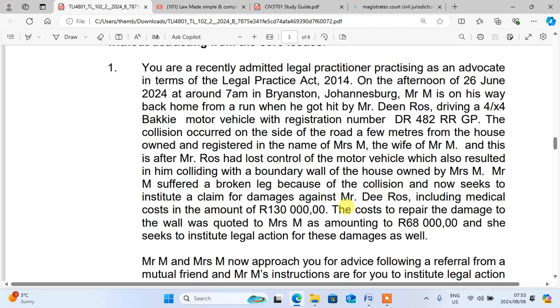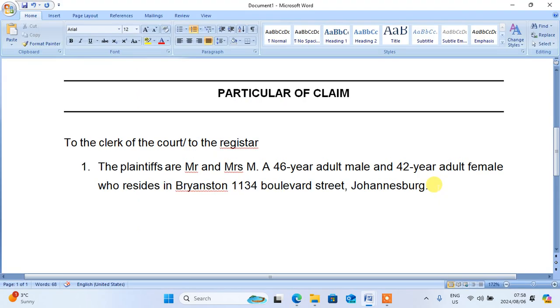Unfortunately, here I don't see any address of this house, but you must include the address, whether it has been given in the scenario or not. Then it means that you will say that the plaintiffs are Mr. and Mrs. M, a 46-year-old adult male and a 42-year-old adult female who reside in Bryanston. You give the address, then in Johannesburg in full. So you must know this thing and you must put it. Then the second thing you must check